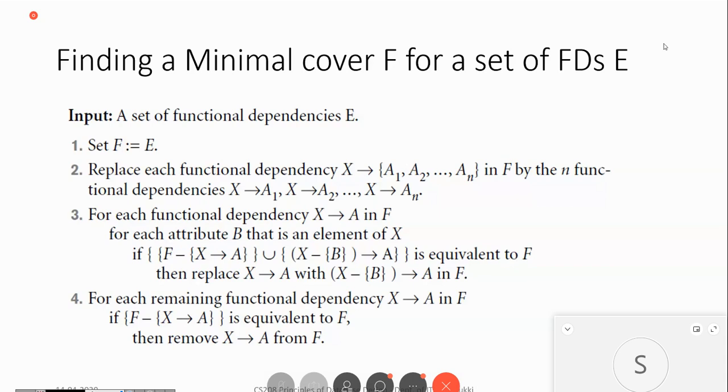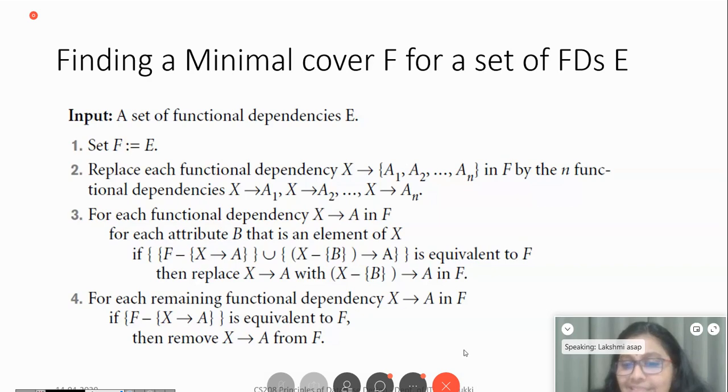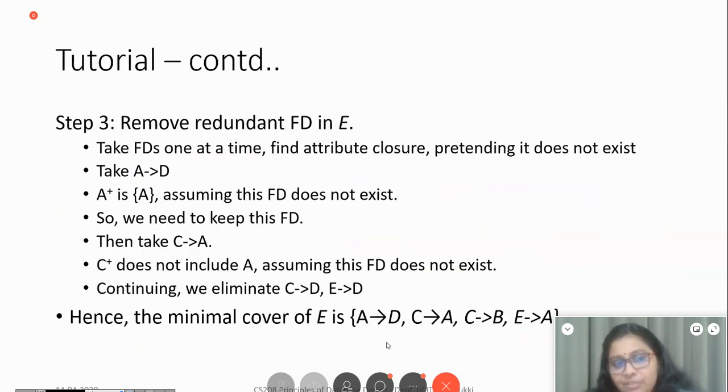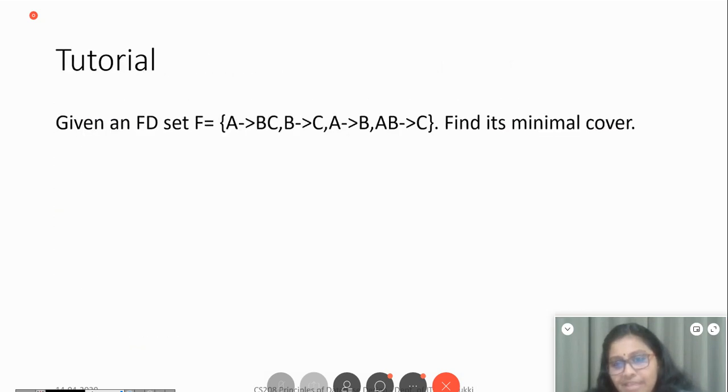Minimal cover. Can you please solve it, please? Yeah, the minimal cover, actually, we are still discussing the algorithm of minimal cover. In the subsequent slides, I have given some examples. One tutorial with complete solution and one other tutorial which I plan to solve. But due to lack of time, we'll not be doing it in today's session. In the next session, we'll be starting from this.